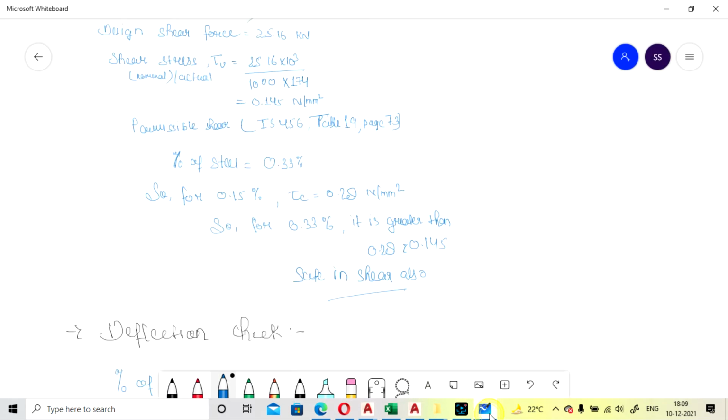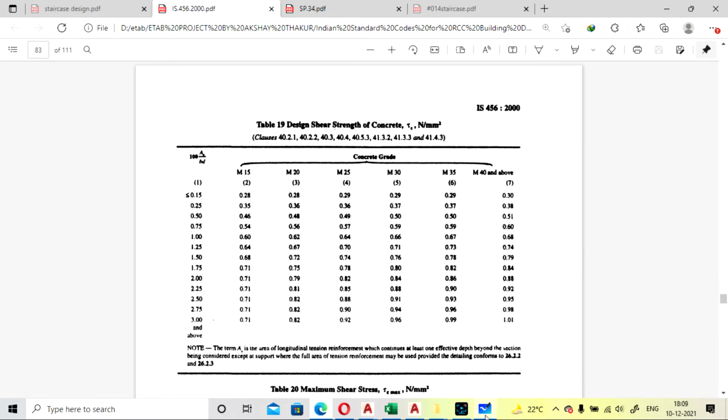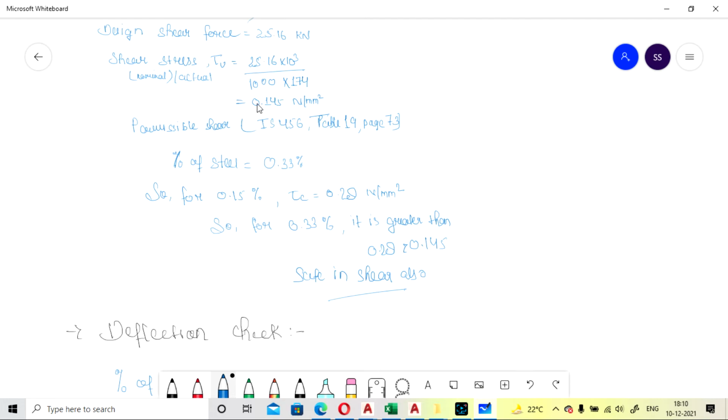So it is greater than our calculated 0.4145, as already shown here. For the initial value it is 0.28, and here we have calculated our actual shear stress as 0.4145, so it is already less than that, so it is still safe.